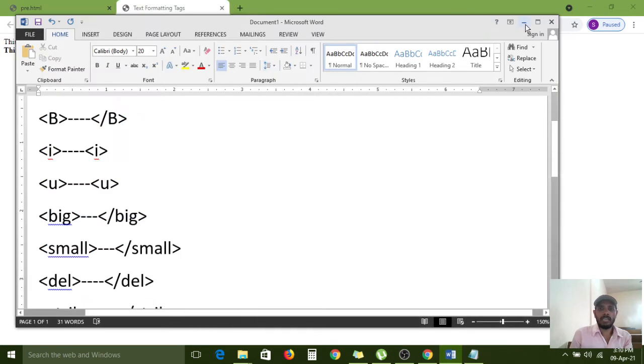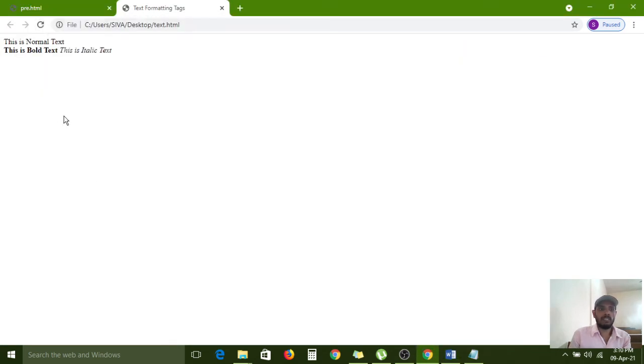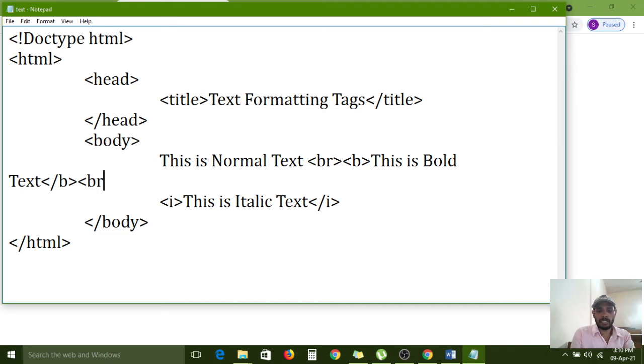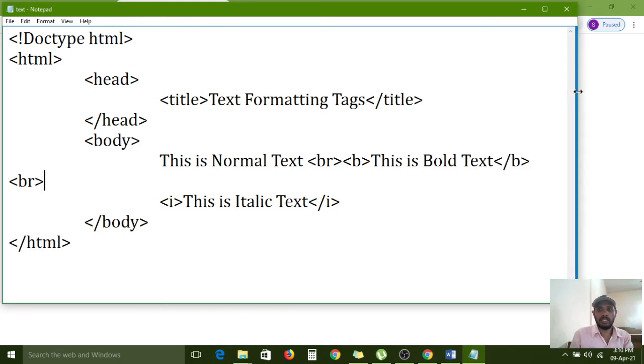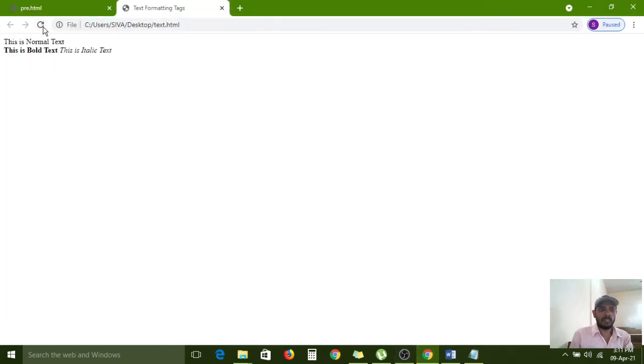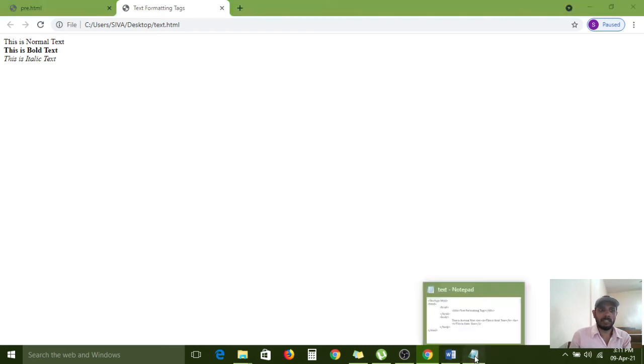Again I am refreshing this page. So here also I need to apply one break. BR tag I am applying. Now I am refreshing this page. So italic means like this, it can print.